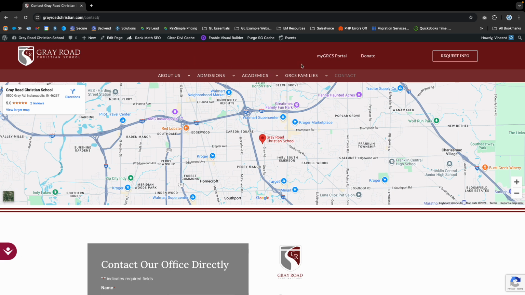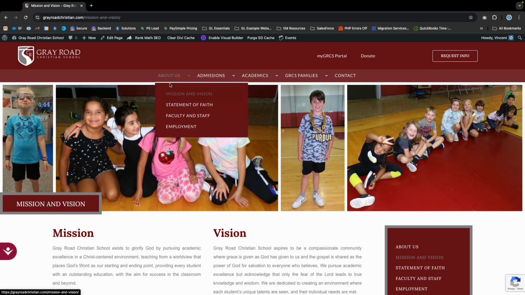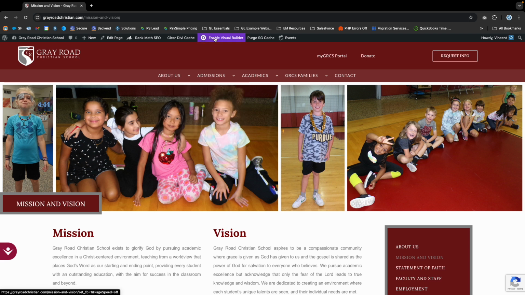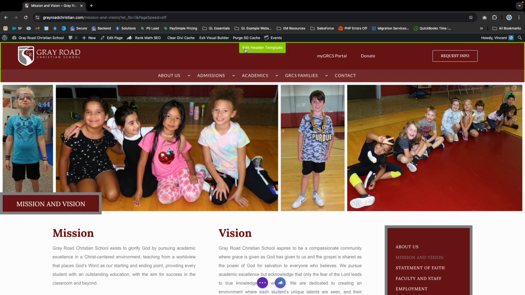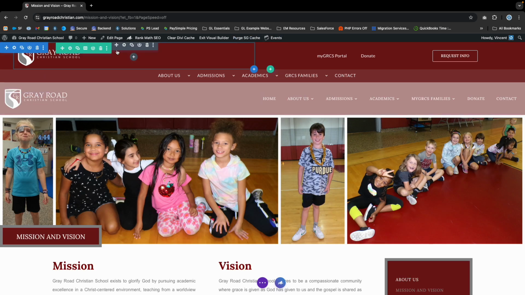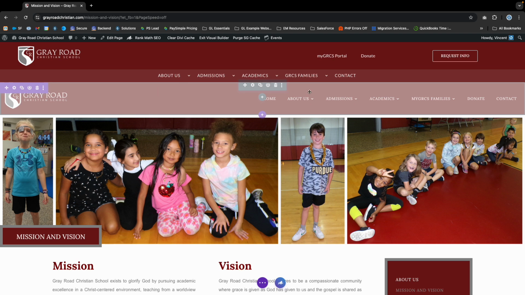So the first step we'll show you is how to adjust the color of the active navigation item. So for example, you can see it is currently gray. If we enable Visual Builder on any page, we can actually edit the color of the header. So hover over the header and you should see a green area where it says Edit Header Template. Click on that and that should display the entire header in the editor, including if there's a grayed out section